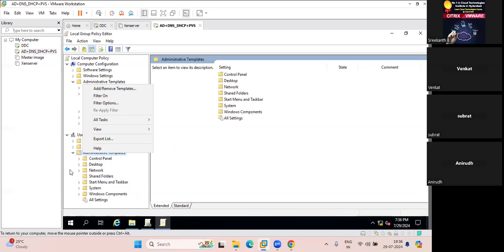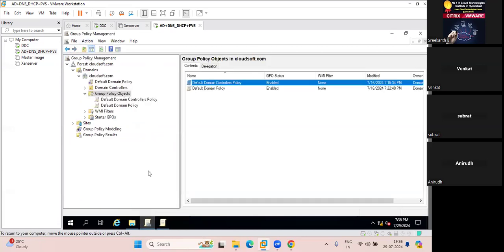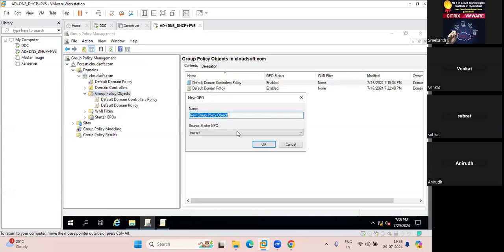Babu, come to that previous tab. No, here one more tab is there, right? Yeah, here right click and create a new GPO. Okay. Source GPO, choose from template like that. FSLogix, you give FSLogix. Source, there is an option, right click in that, template base, create a